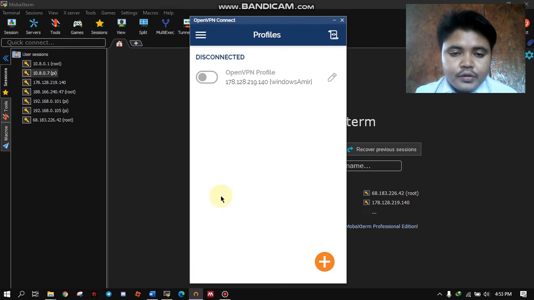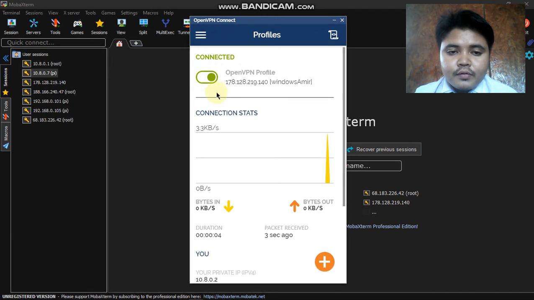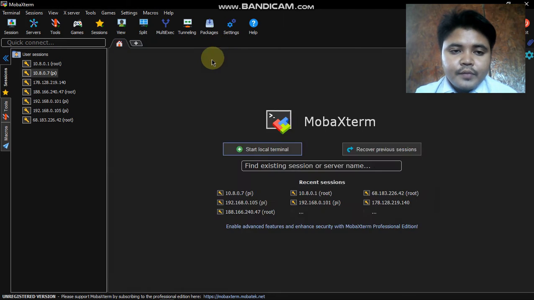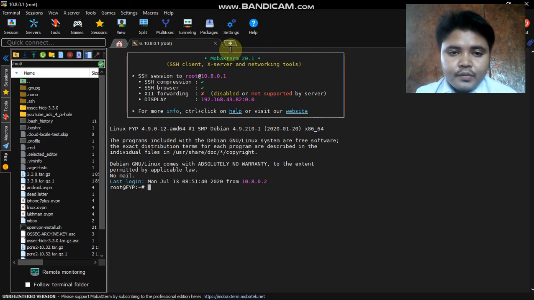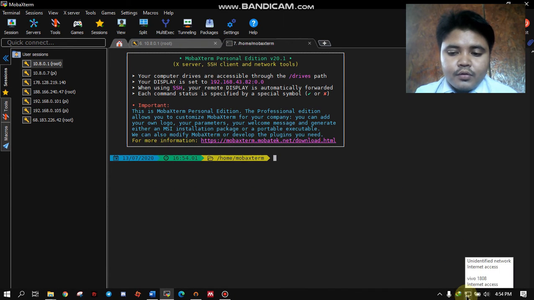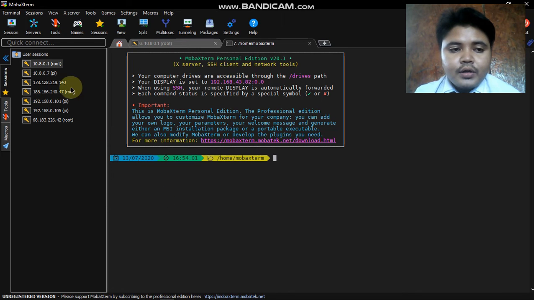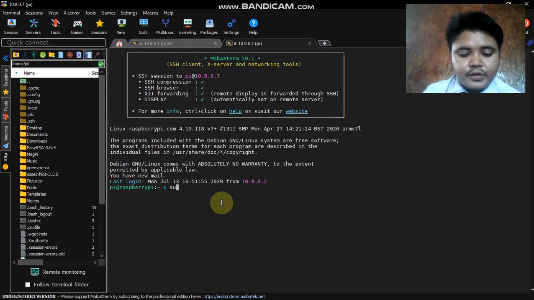First of all, we need to connect to the VPN, so we can manage the VPS by using the VPN connection, and also although we use a different internet from the Raspberry Pi, we still can access remotely to the Raspberry Pi using the IP address for the VPN of the Pi. So you can see here